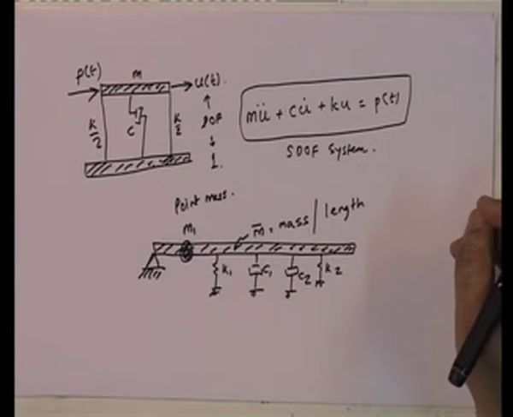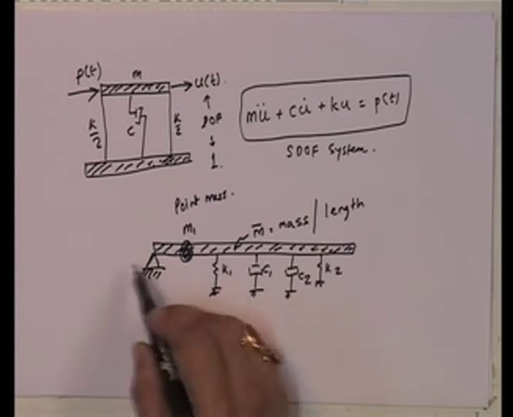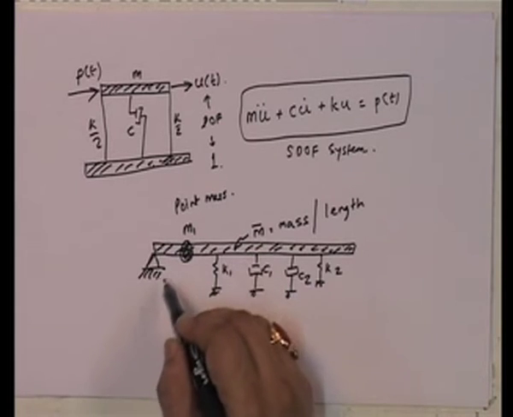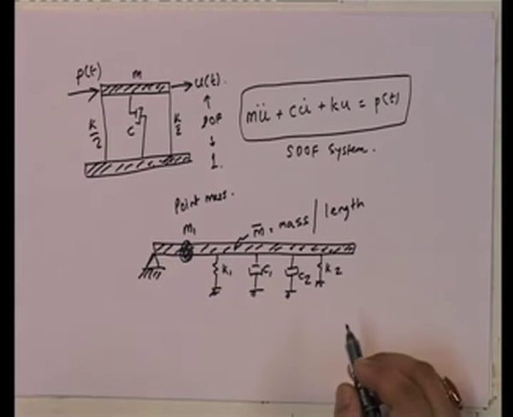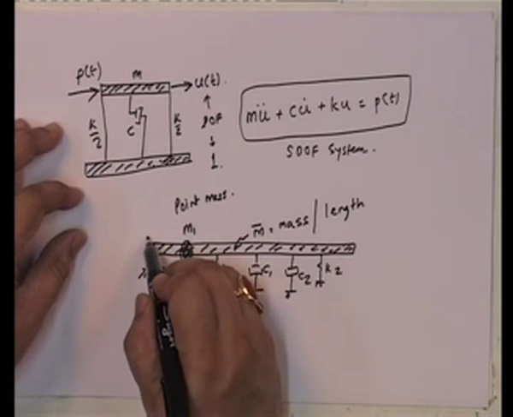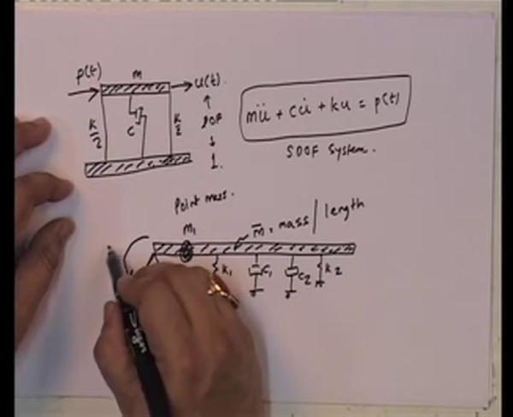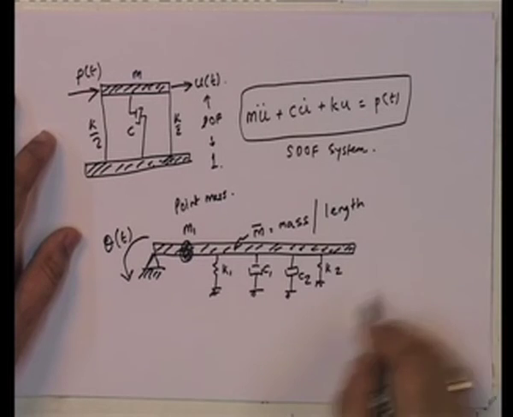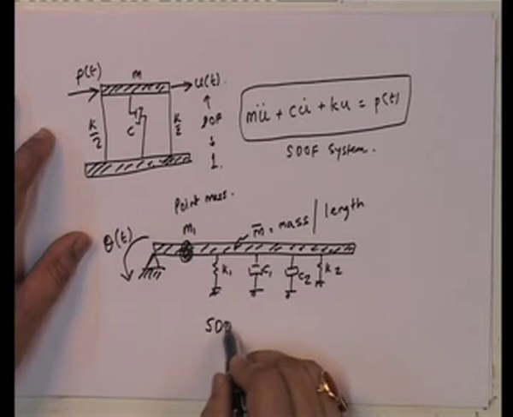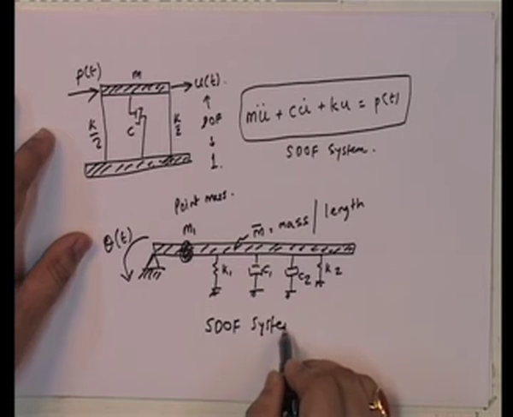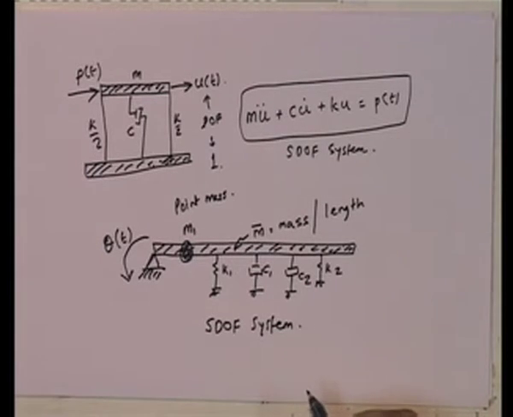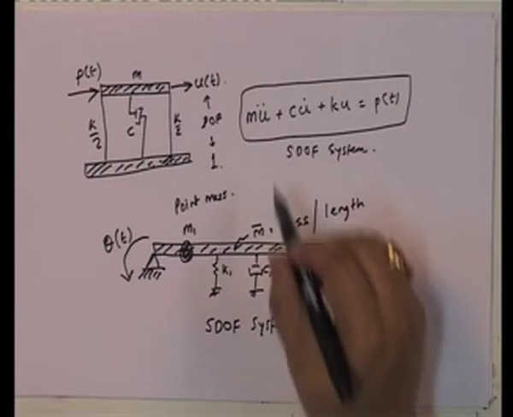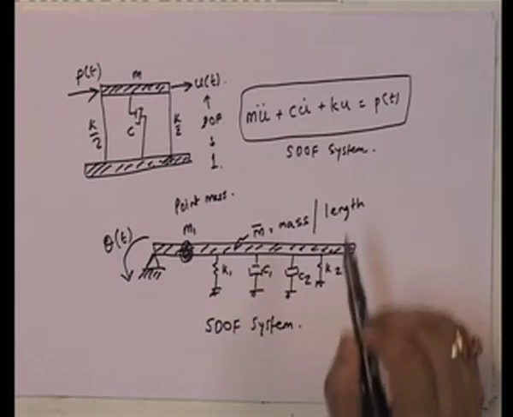So, now let us look at this particular system. If you look at this, is this a single degree of freedom system? Well, this is a rigid bar. Okay. So, what can it do? It can rotate about this point. Now, note that one of the fundamental points is that it can rotate. So, I can define theta t as my degree of freedom. So, this is still a single degree of freedom system, but the point here becomes that it is not obvious what my m, c and k are and p are in this